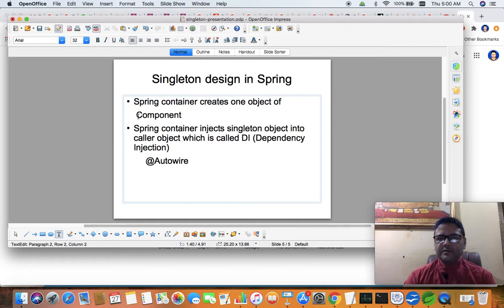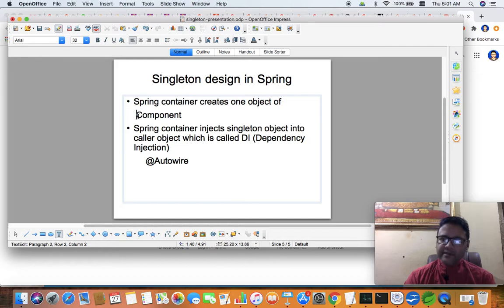Whenever a class has @Component as its annotation, the Spring container will automatically create the object of that component type of class. That is not going to be done by us manually.